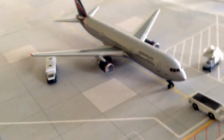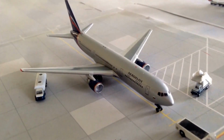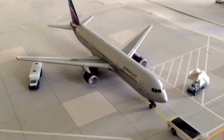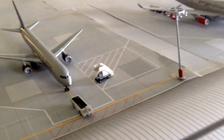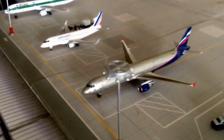Anyway, just one about Aeroflot. The 3 o'clock flight is operated by an A330, and it's 5 o'clock now, so just get that straight. It's 5 p.m. and that's operated by the 767. Any other time is operated by the 320s. So of course this is going to be the 7:30 flight, taking off in 2.5 hours, going back to Moscow. Here we've got a